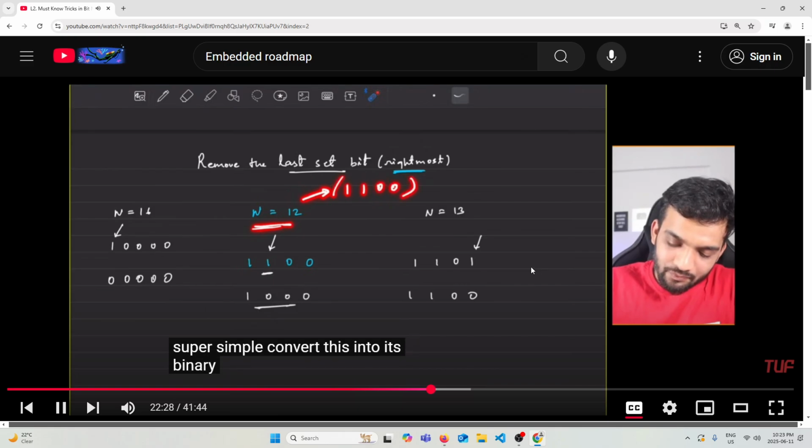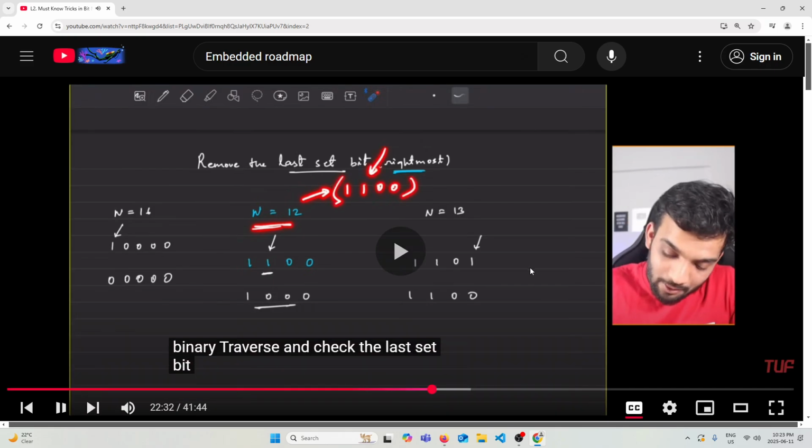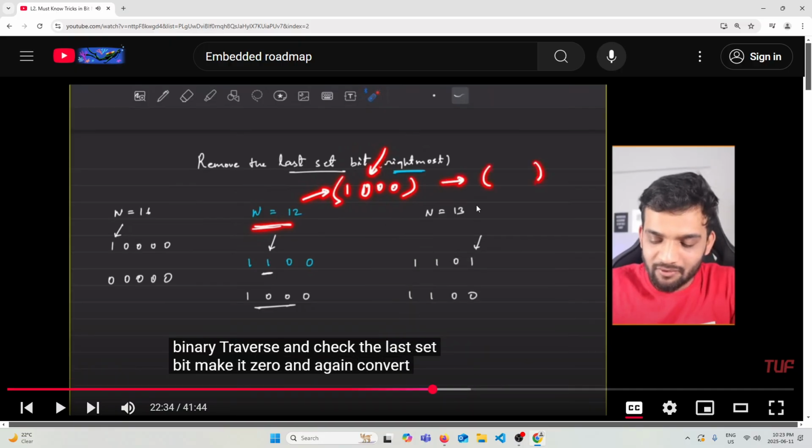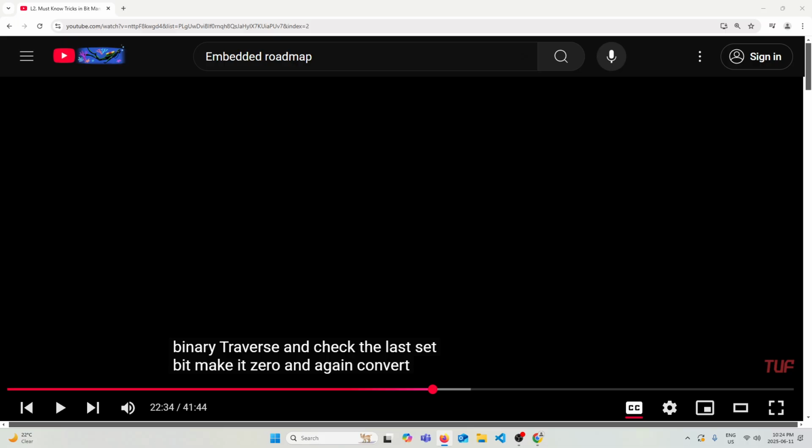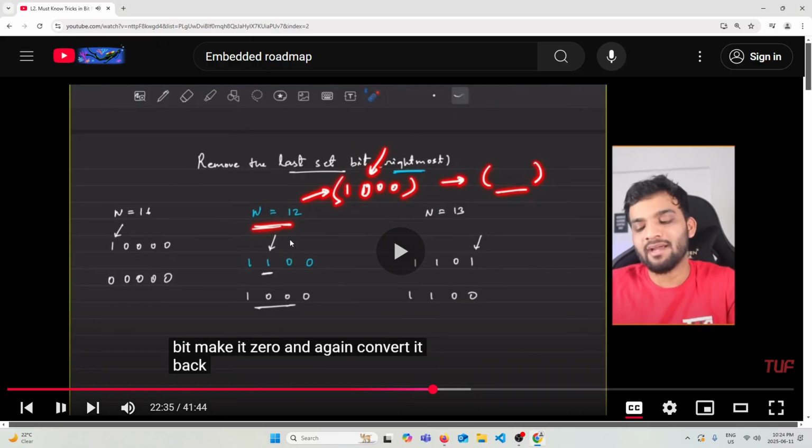Convert this into its binary, traverse and check the last set bit, make it 0, and again convert it back into